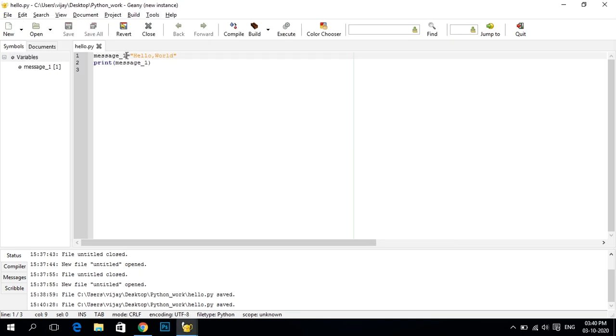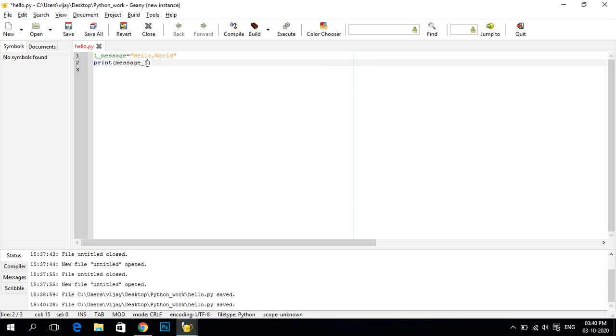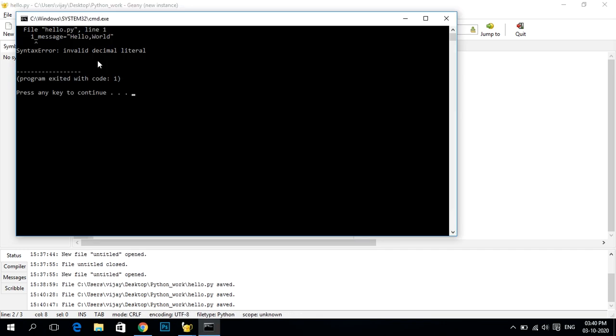But when you try to write it in the format 1 underscore message, this will not execute. When you execute it with F5, it says invalid decimal literal. It means that you cannot start a variable name with a number.